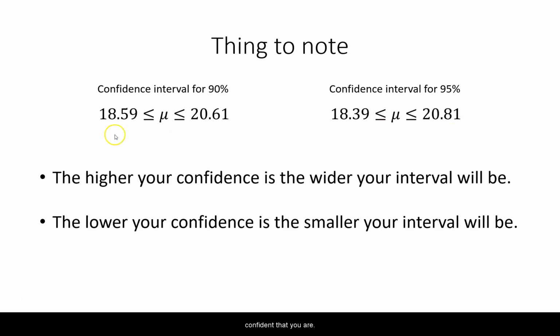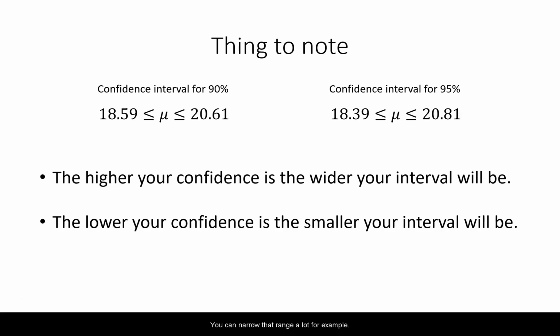The lower your confidence is, the smaller your interval is going to be. This stems from the idea that if you are more confident that your sample mean falls between a certain range, the bigger that range is going to be, while similarly, if you are less confident, you can narrow that